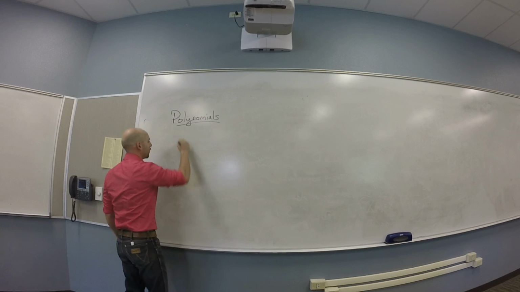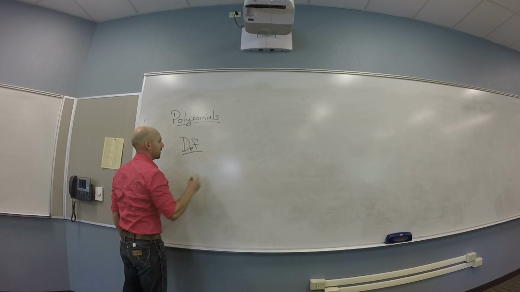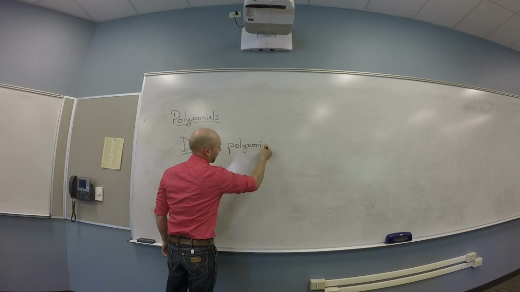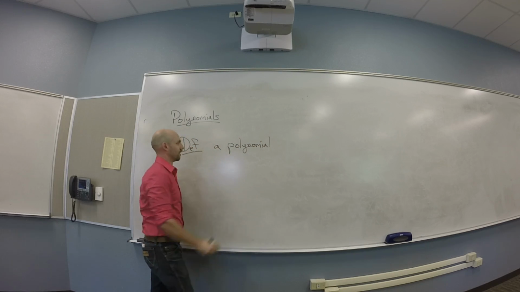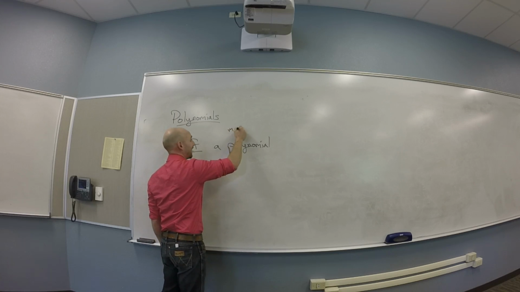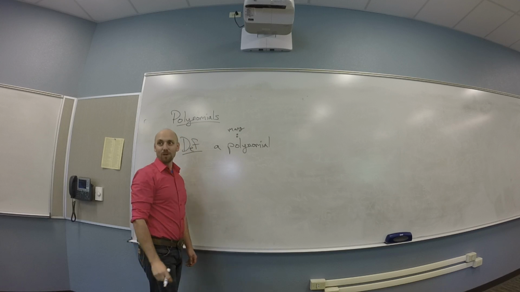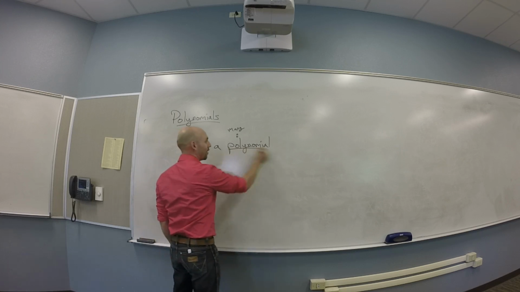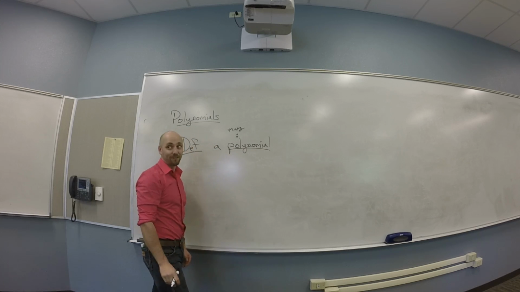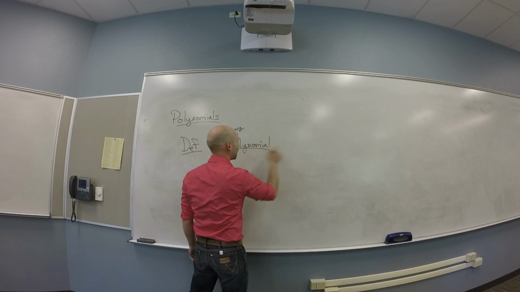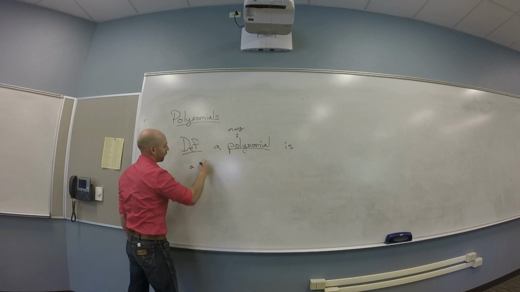Okay, so let me define polynomial now that we know monomial. So a polynomial, what's poly mean? Many. Many numbers. And nomial means like the stuff I was just talking about, right? Yes. So a polynomial is going to be many of the stuff I was just talking about, many monomials. So a polynomial is a finite